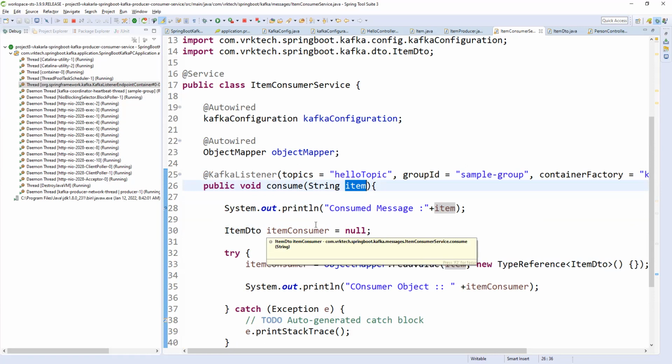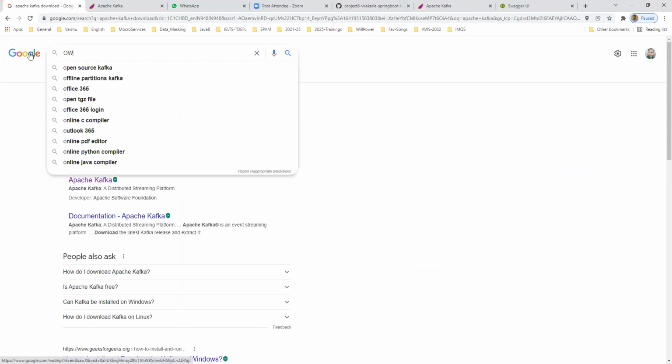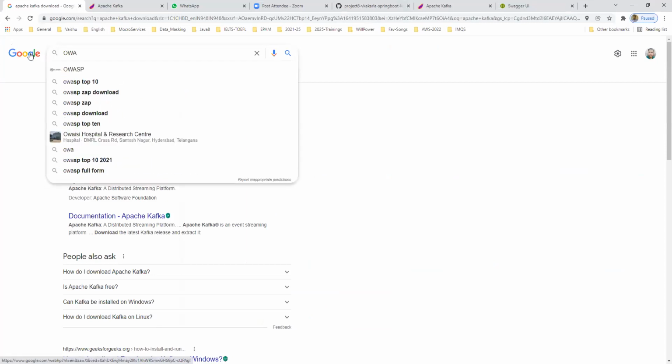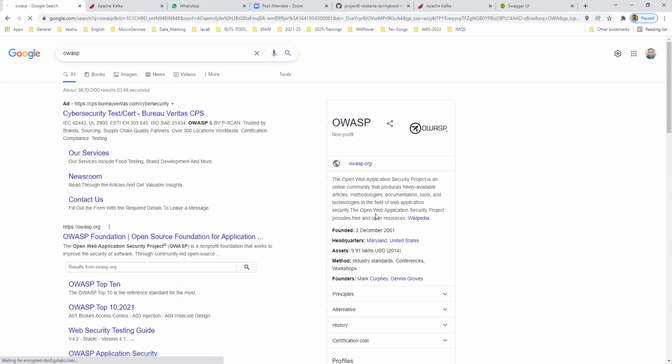We have OWASP as a security project. Let me show you. See, OWASP is the Open Web Application Security Project, an online community producing freely available articles, methodologies, documentation and tools. Using these tools, we can check our input string.